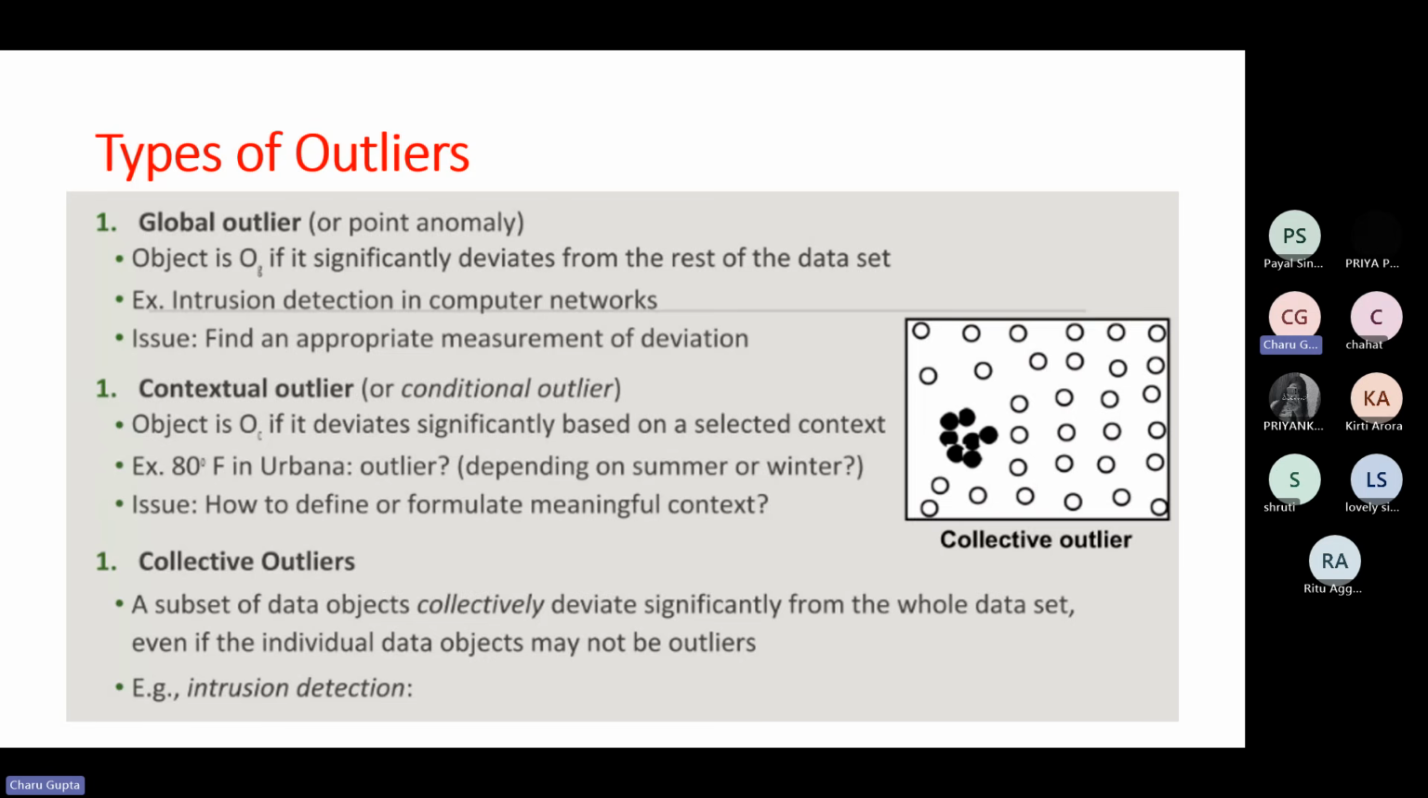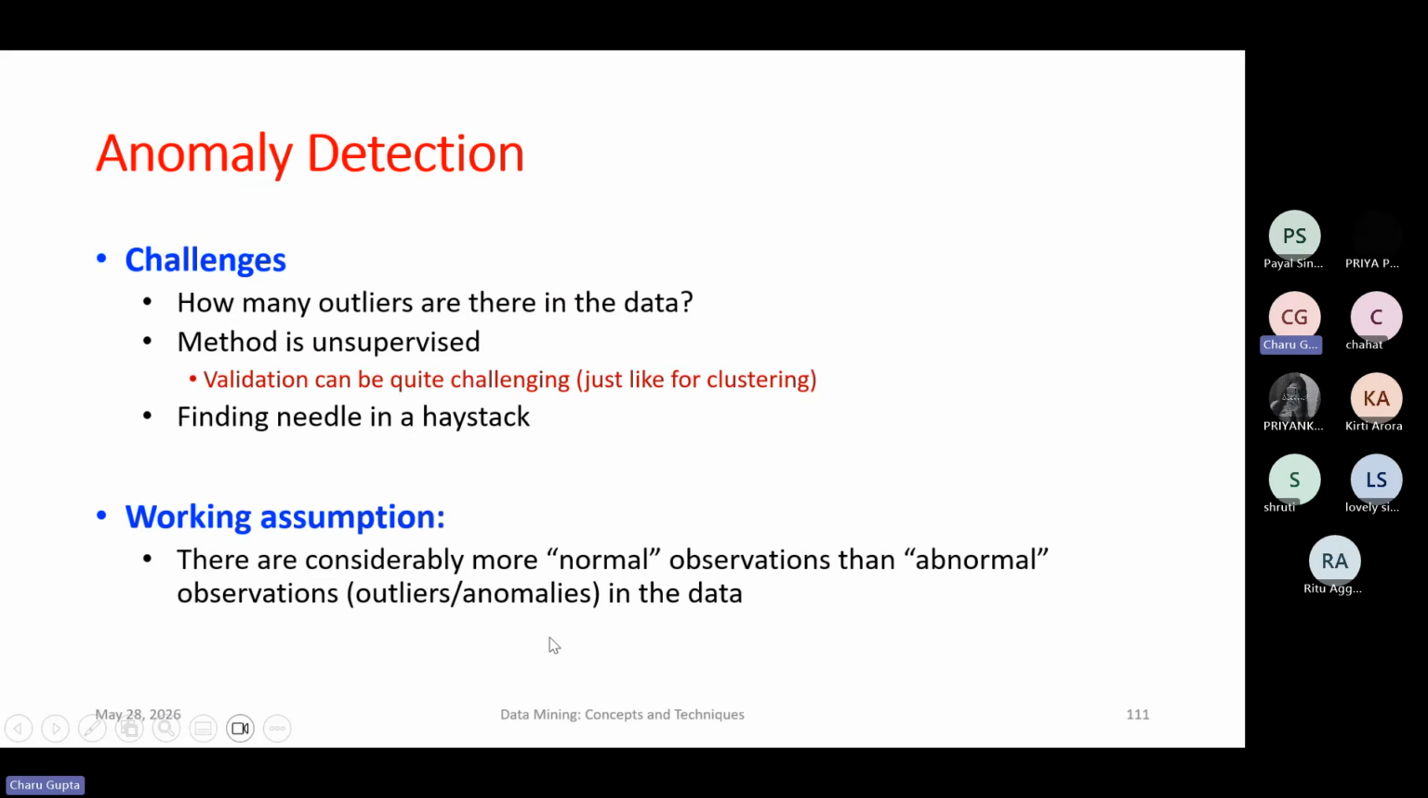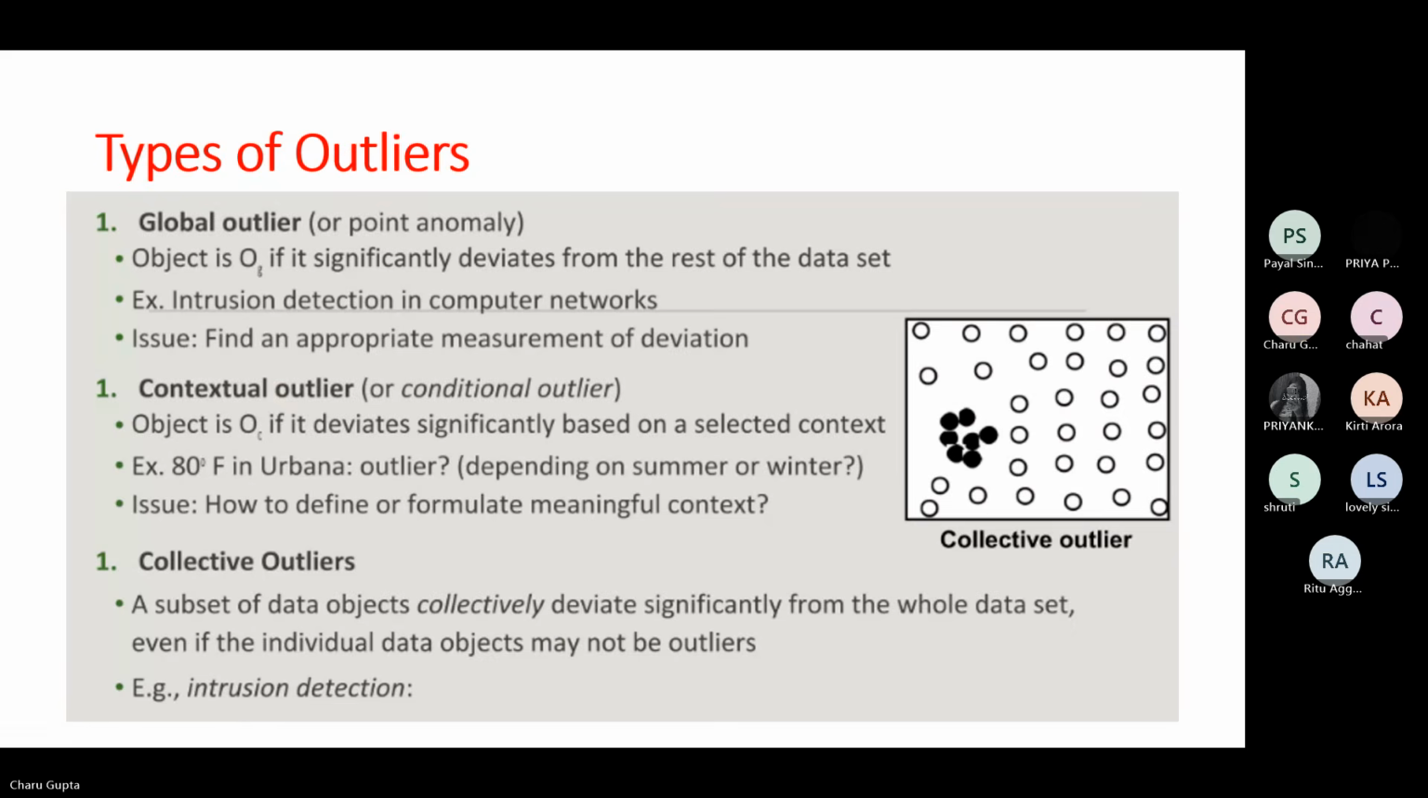So a global outlier is one which is significantly deviating from the rest of the data, contextual is one which is different from a selected context, and collective is a set of data objects. एक object नहीं है, there is a set of data objects which are different from the whole data set. You can have a look at this particular slide, what are the different types of outliers, ठीक है।